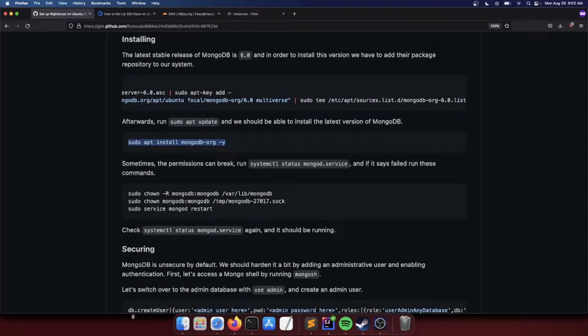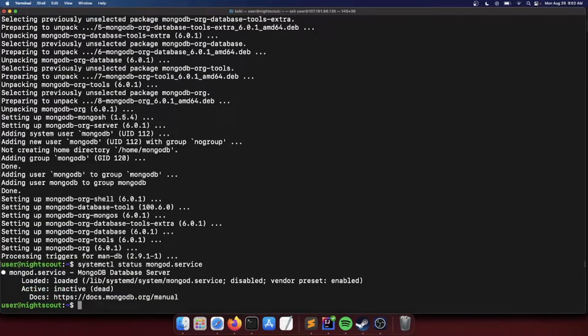As you can see, this guide says sometimes the permissions can break. Run systemctl status mongod service, and if it says failed, you can run these three commands to fix the permissions. So let's check in. It says inactive.